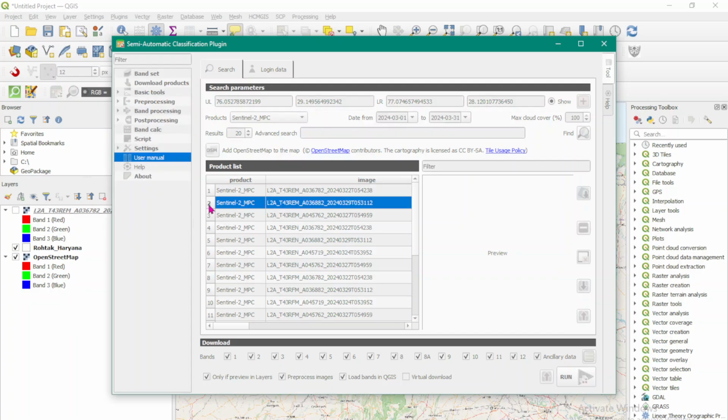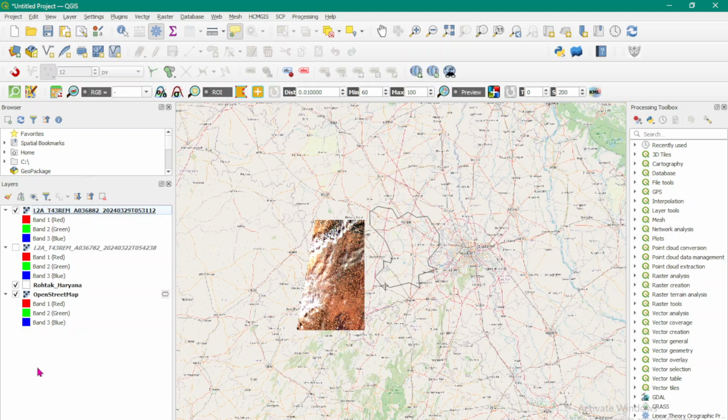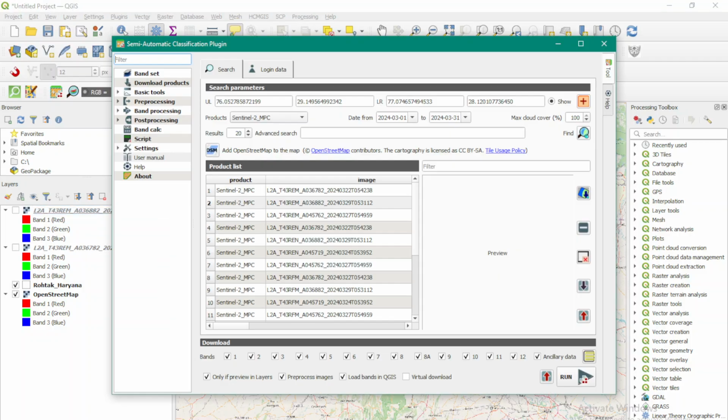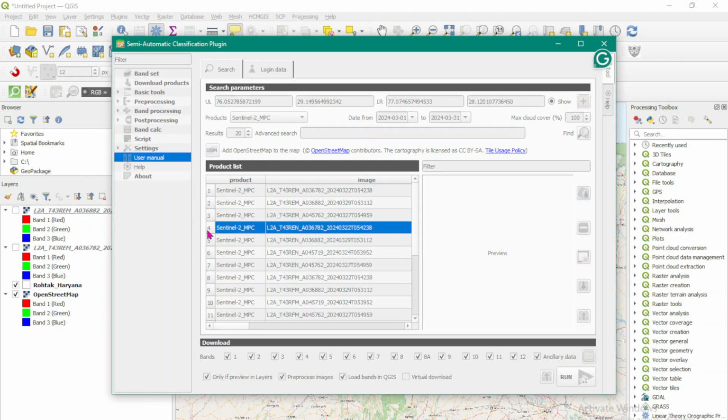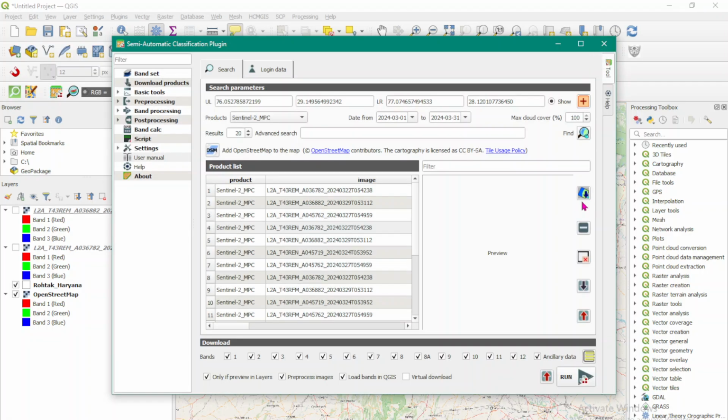Once it is selected, I can come and check here. This is also outside. It also has some cloud cover, so I don't want it. Likewise, you can go ahead and check different imageries and select the one that best suits your purpose.